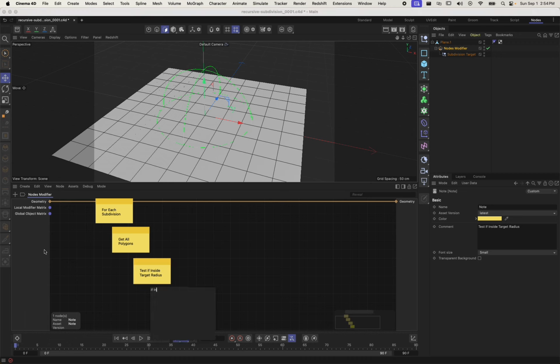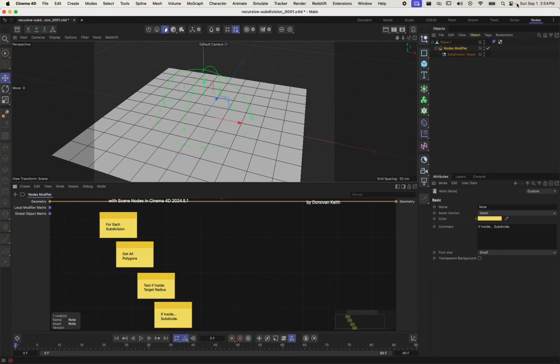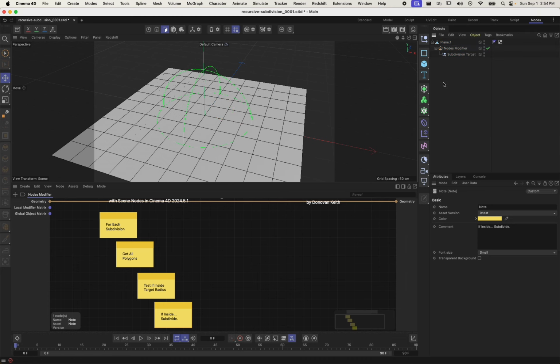And we can say if inside, subdivide. So we get something like this. And I'm also going to turn off notifications here because I just have a sneaking suspicion that I'm going to get some interruptions. So